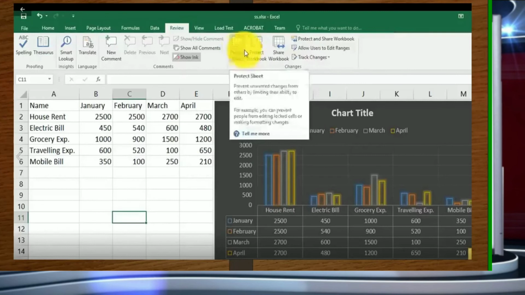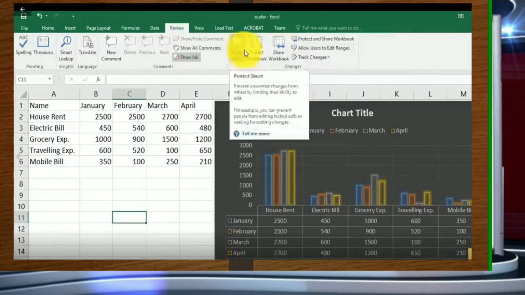Next we have the very important last session, that is sharing your workbook. Yes, you can share your workbook with whom you want. Suppose in the school we are working in a lab and one of the children has done a spreadsheet, a workbook finished, and he wants to share it with his friends in the lab.